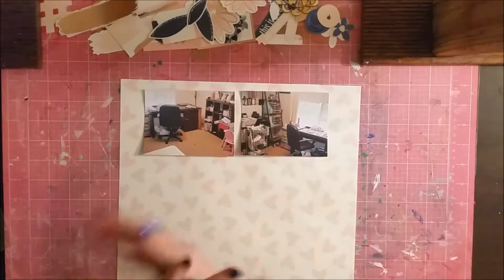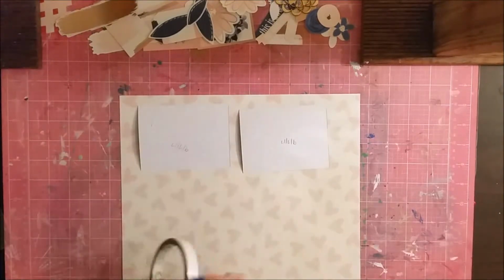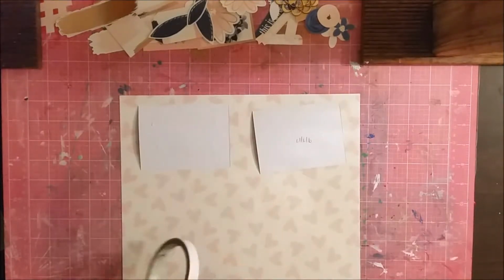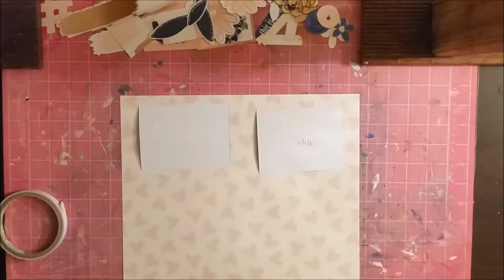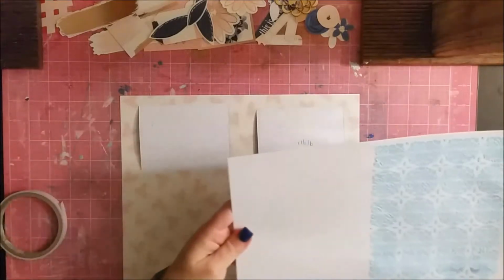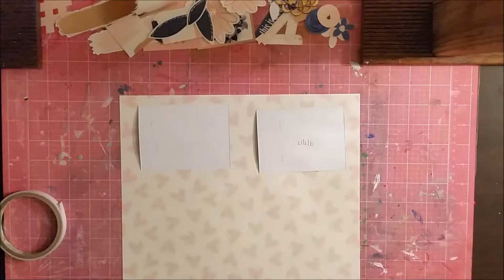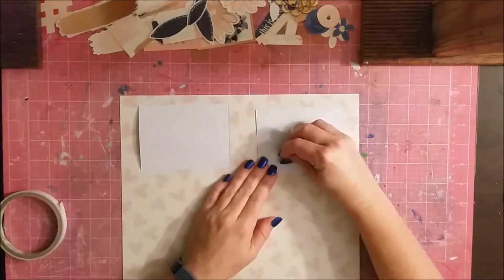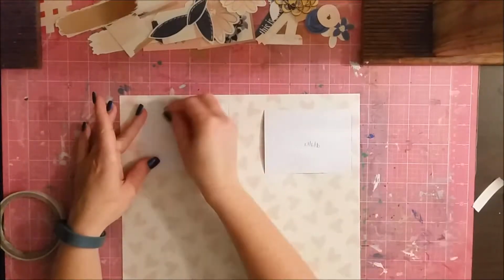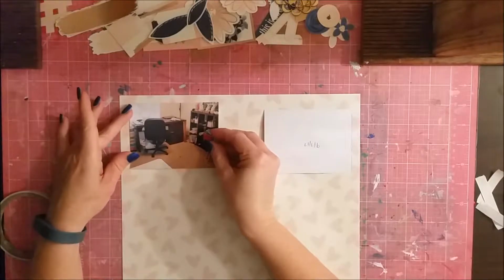Alright, so this month's kit had the My Mind's Eye blush collection, which is a beautiful sort of pastel pinks and gold, rose gold sort of tones, as well as some dark blues. At first I sort of looked at it and went, yeah, it's pretty, but I'm not sure I can use this, but I have managed to use it. This is the first layout I've done, and I've got another video that will come up that has it in it as well, so I'll use a lot more of it. So I decided I'm going to create photo mats for my photos, using this pale pink